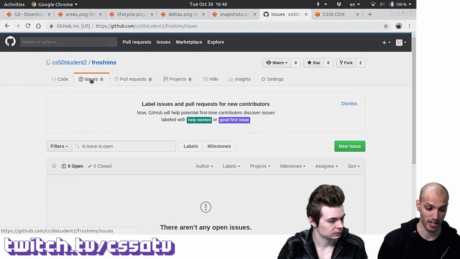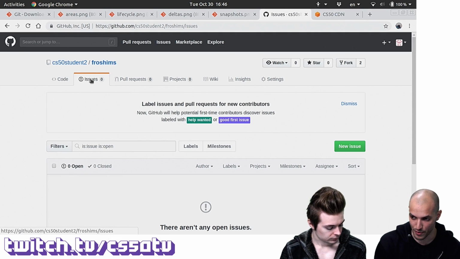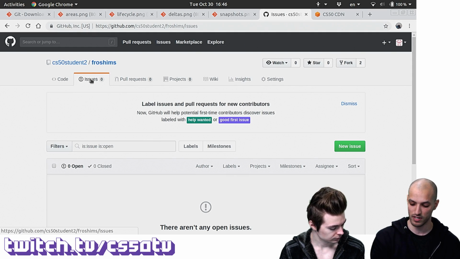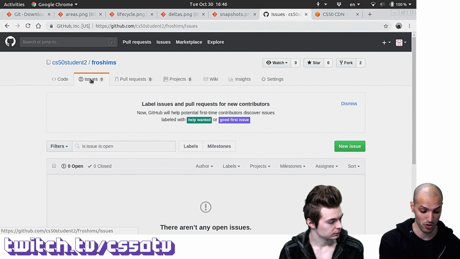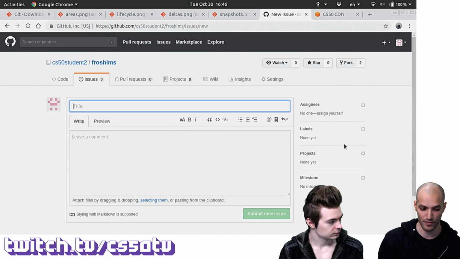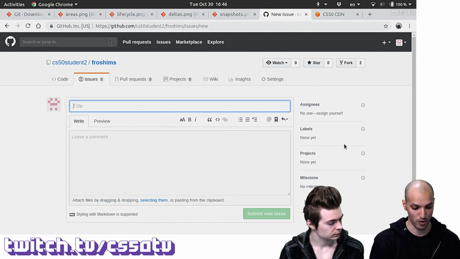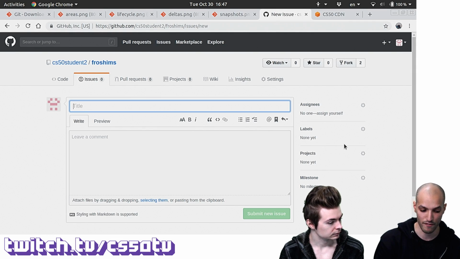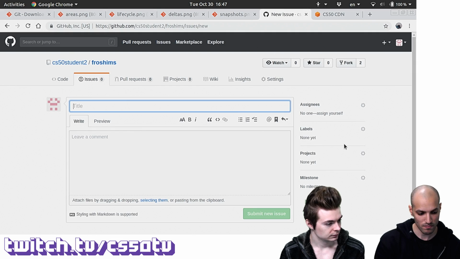There are also features that Colton alluded to earlier, and these are more like, well, if you want to create a bug report for something in this project, or if you want to request a feature, or if you want to ask a question even, you can also use the issue feature of GitHub to create a new issue. And notice this interface is pretty similar to the one that you had briefly for a pull request, and it also uses the same Markdown, so you can format it in a good way. Yeah, I think that's pretty much it for GitHub.